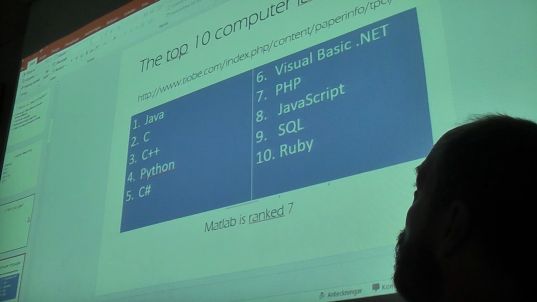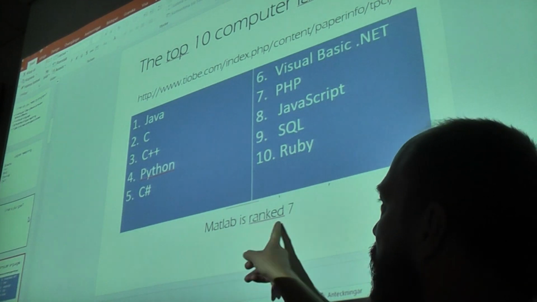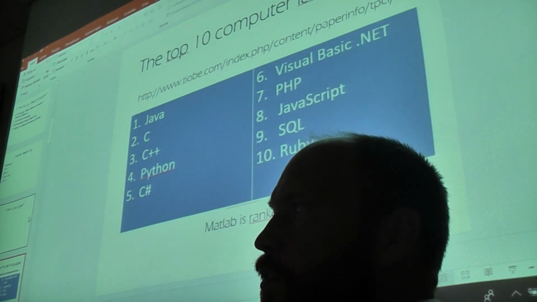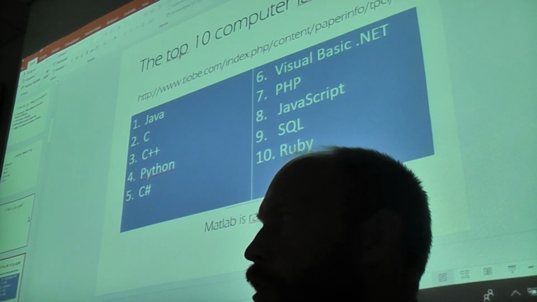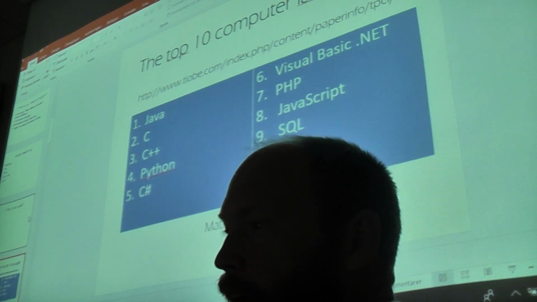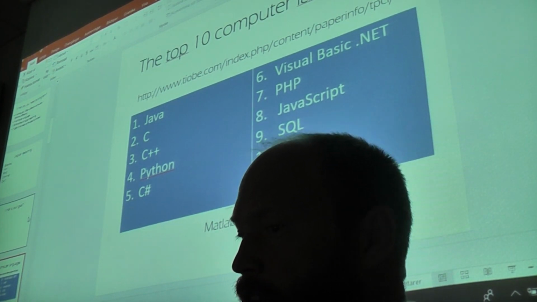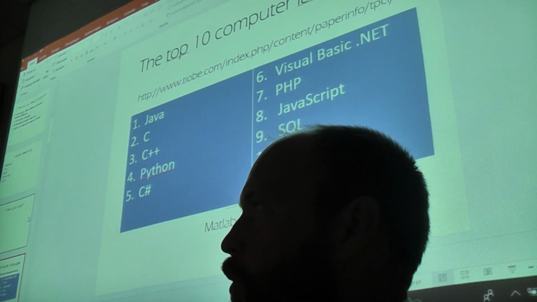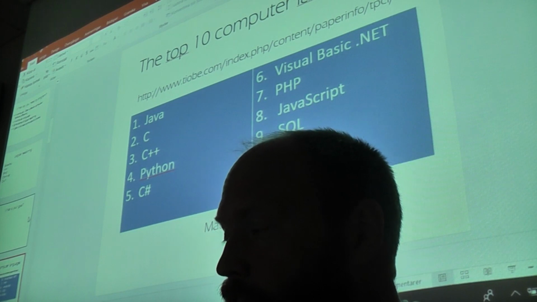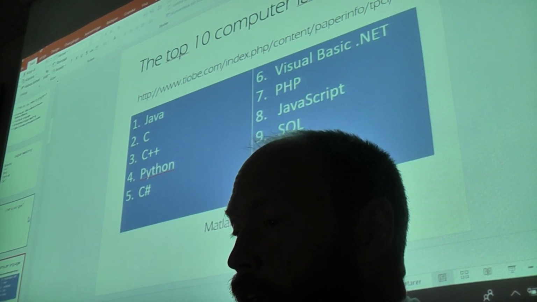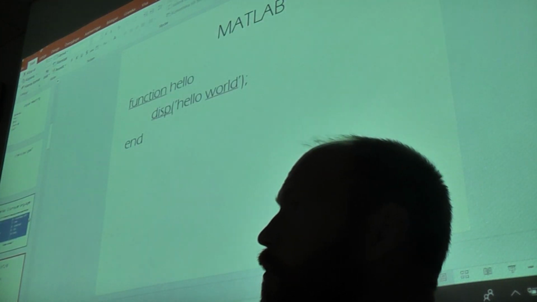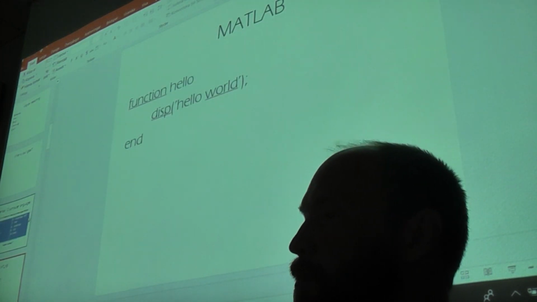Visual Basic, PHP. Matlab is ranked 27, I think it was. But of course this is over the whole world, so within academia it's more common. And for some fields it's like the gold standard, you can't get away without using Matlab, like neuroscience is one of those. Yeah. So the different languages are in a way very similar.